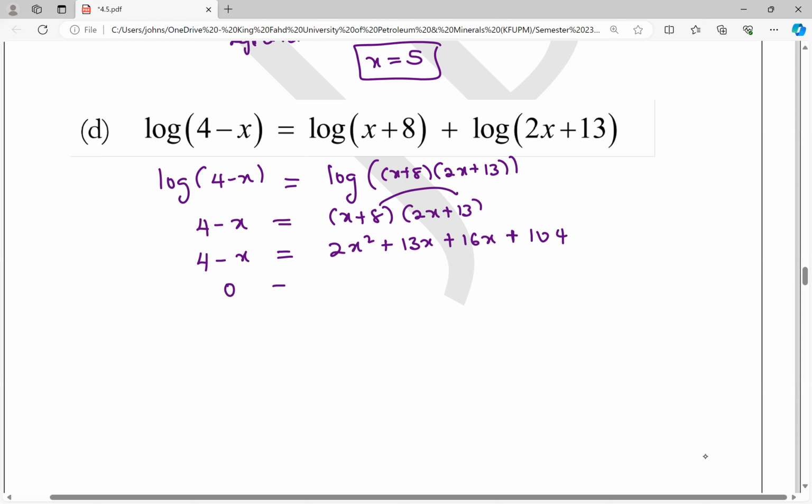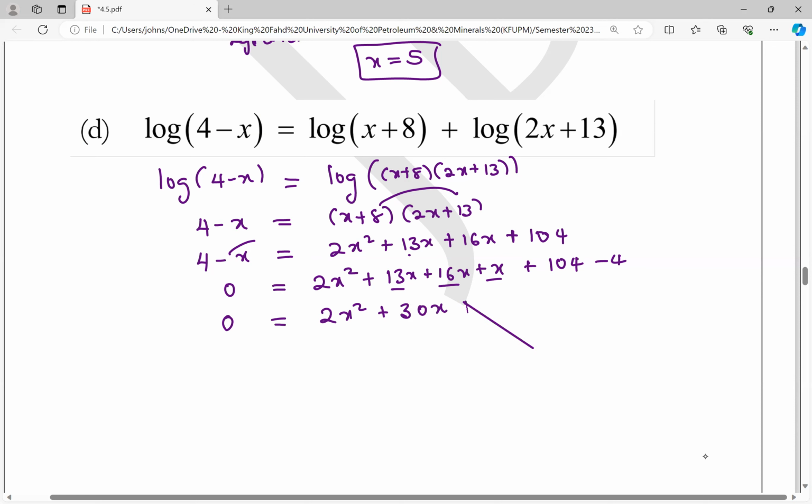So we can transfer everything to this side. So this is 2x squared plus, this is 13x plus 16x. This is minus x, becomes plus x. Plus, this is 104. Take this 4 to this side, this is minus 4. So you have 2x squared plus, 13 plus 16 plus 1 will give us what? 30, right? So 30x, then plus